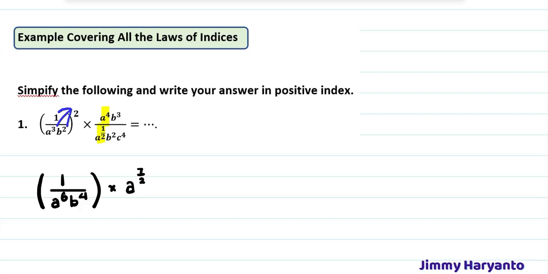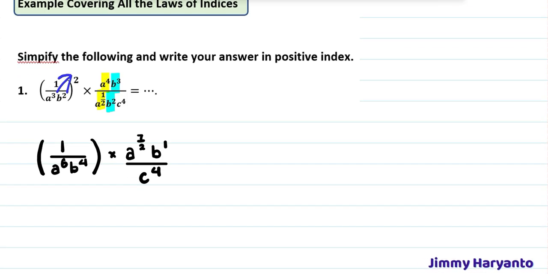Okay. And then next is b to the power of 3 with b to the power of 2. Okay, remember, you can do this when you don't have any subtraction or addition. Yeah, if there is addition like this, you cannot do it like that. That means you need to find another way. And then for this one, we have b to the power of 3 over b to the power of 2. That means still division. You have to minus the powers. 3 minus 2 equals 1. And then the c doesn't have a partner, so just rewrite.